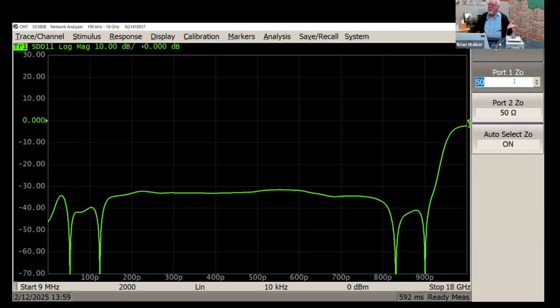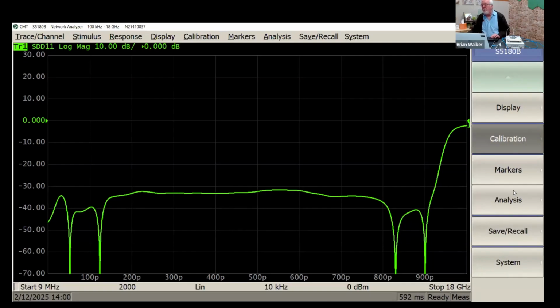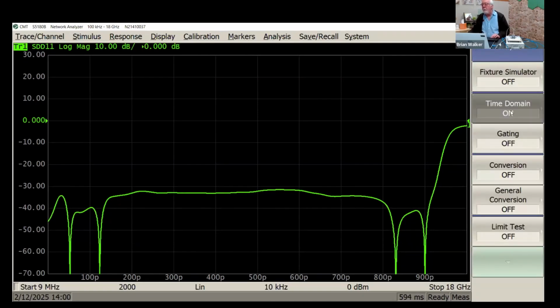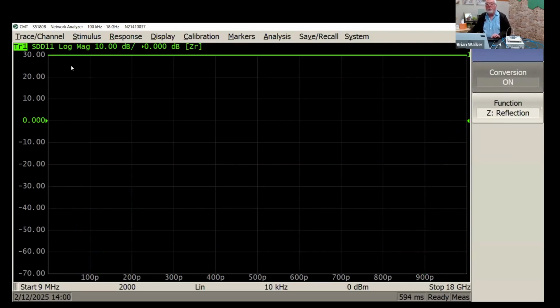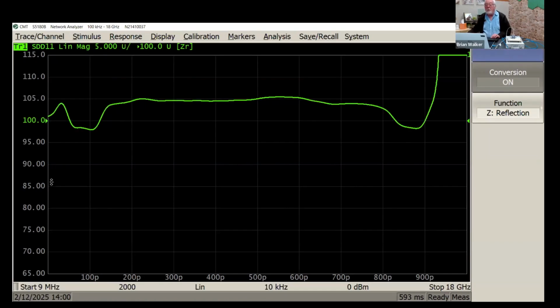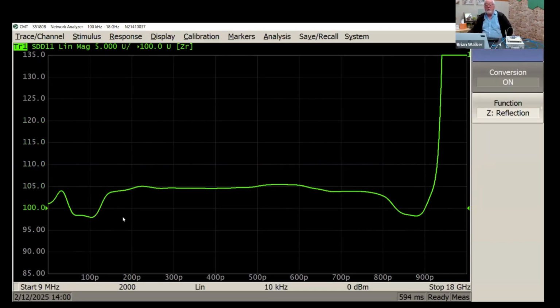Because the transmission line is 100 ohm, the ports are 50. The VNA doesn't know this, so it gets a little confused when it tries to put this together using the conversion. So I had to tell it to use 100 ohms. So I'm going to turn this on, and I'm going to go to linear magnitude, and I'll do 5 ohms per division, 100 ohms center, and now we're looking at the differential characteristic impedance of those two lines, and we can see again the transmission,